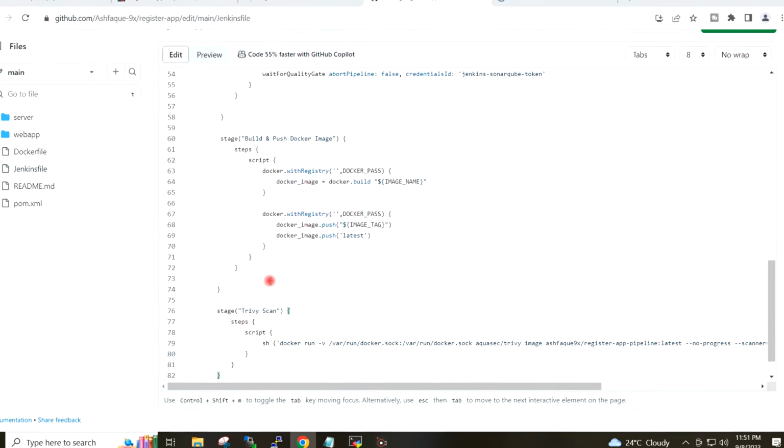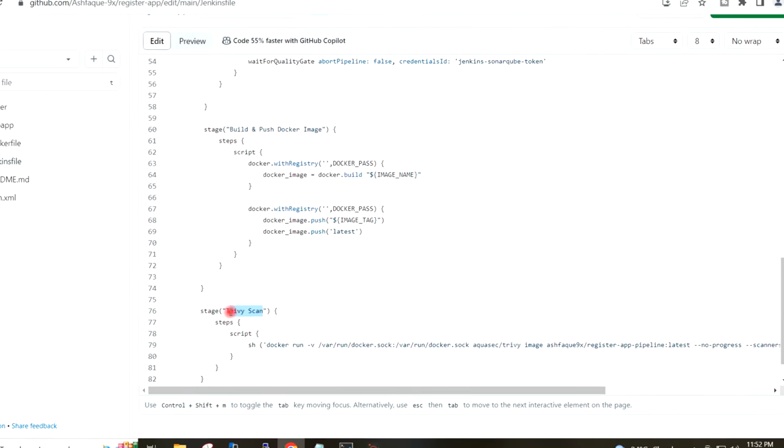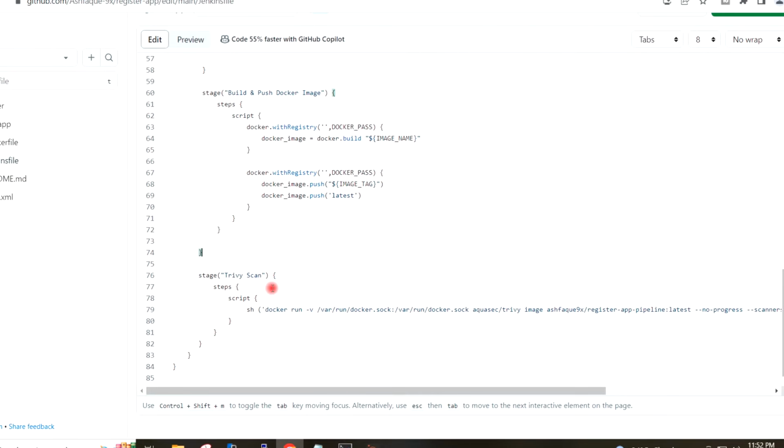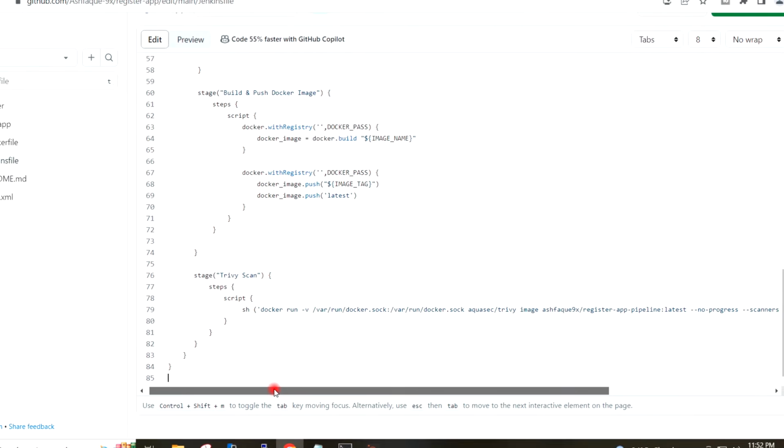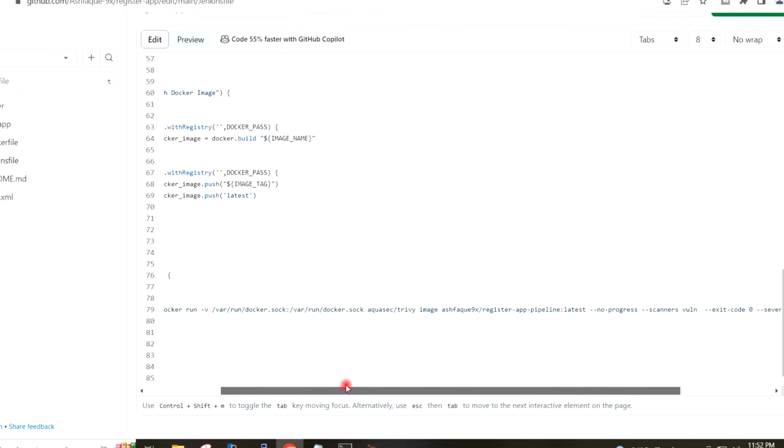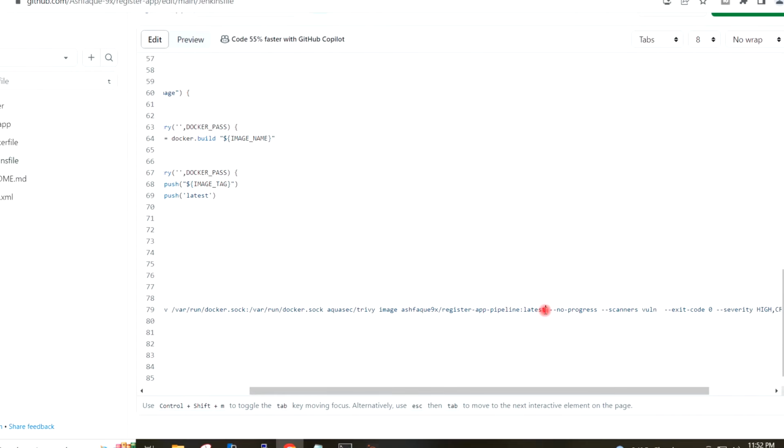So the stage name is Trivy scan. It will scan the latest image on the Docker Hub with the name register app pipeline. This is my username of the Docker Hub.